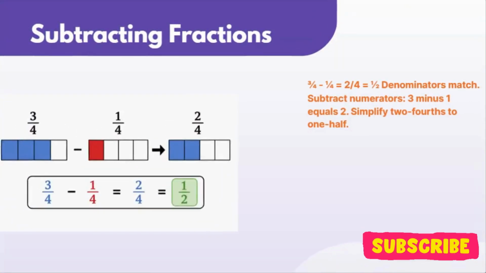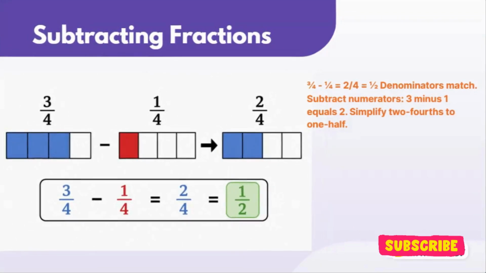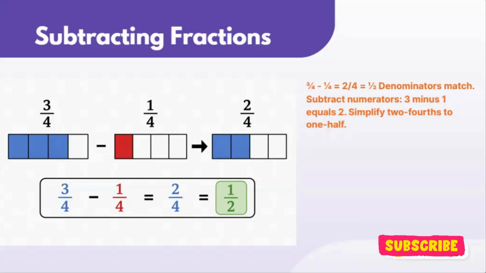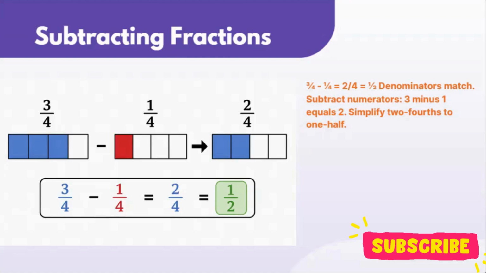In subtracting fractions, there is an example. For example, I want to subtract 1/4 from 3/4. In this scenario, you have the common denominator, so we will only subtract the numerators. For example, 3 minus 1 is equal to 2/4. In this question, you will have to simplify it. 2/4 will be simplified to 1/2. Okay, let's move into the next method, which is the quick subtraction.